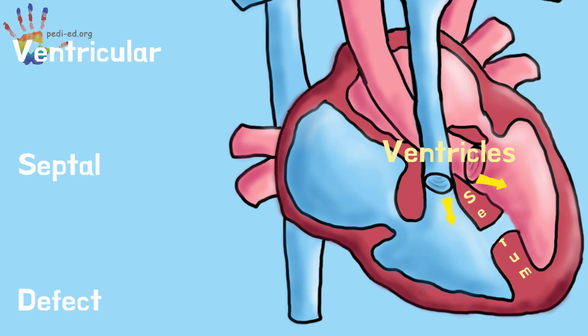So, a ventricular septal defect is when there is a hole in the wall between your ventricles. The hole has actually been there since before you were born. Sometimes your body will close up the hole all by itself. If your body isn't able to take care of it by itself, though, your cardiologist might decide to take care of it instead. If they decide that the hole needs to be closed, that typically means that the hole could cause some problems